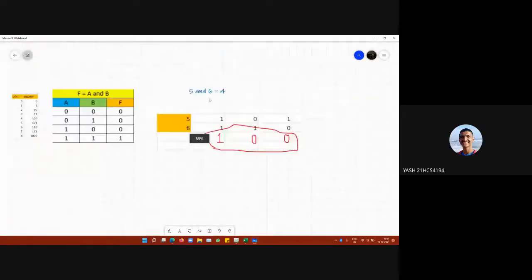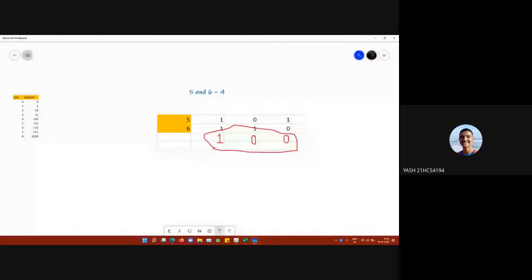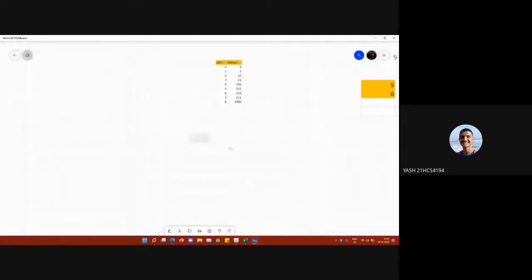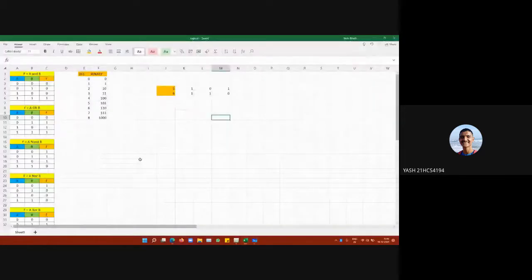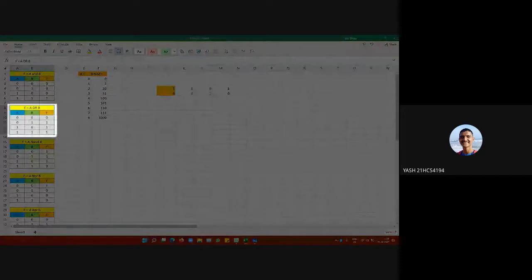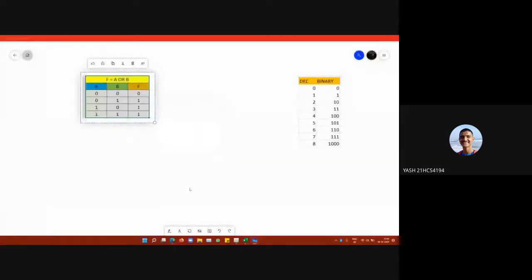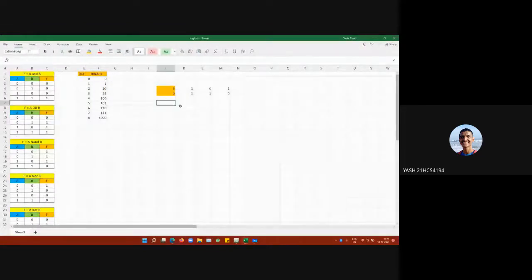And similarly, we can change it for the OR operation. If we remove this, now for the OR operation, I have made a table, this one. So when the bitwise OR operation takes place, again, we can use the same table over here.